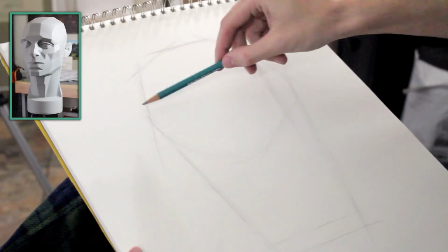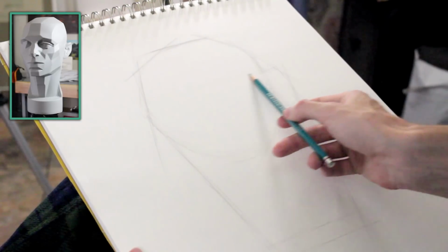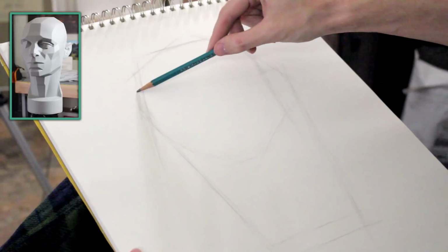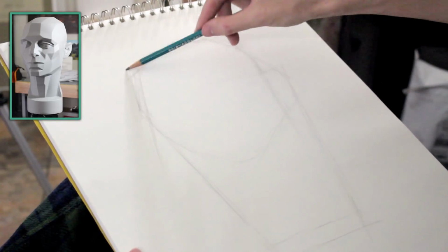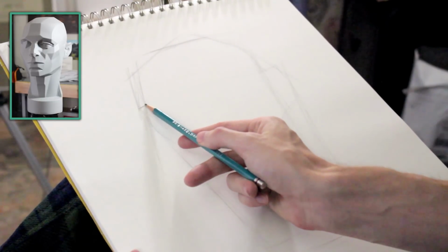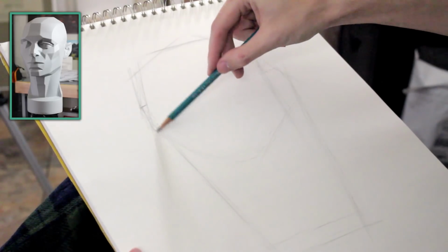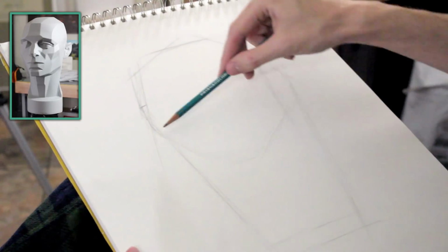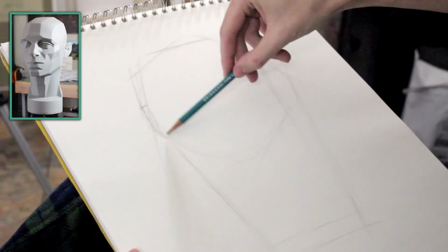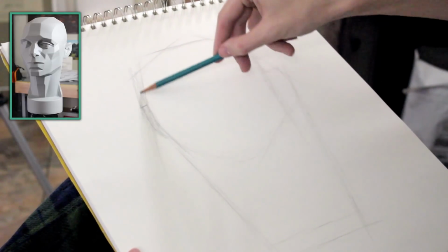So what I'm realizing here is the ears should line up. So I want to make sure I get that right. So that means this angle is off just a little bit. So it's less steep. Ear comes out to about here. So I'm trying to just pay attention to